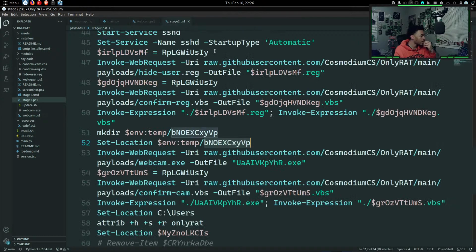All right, so we're making this directory in the temp folder. Then we set our location to the same directory. When we invoke a web request, the payload's that webcam, right? Webcam.exe is the name of the file, and then output it as this.exe. And then we get our Visual Basic script, and then invoke,